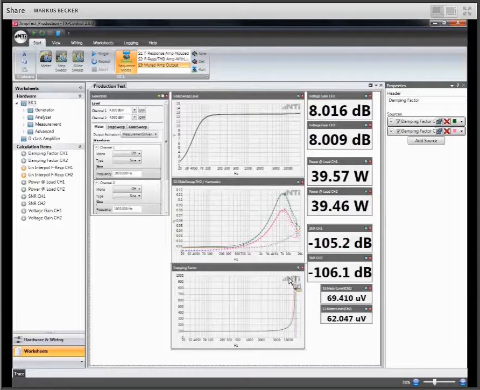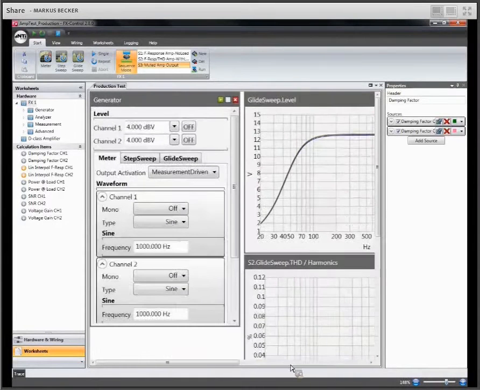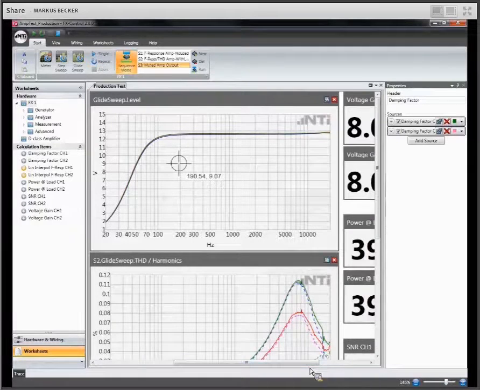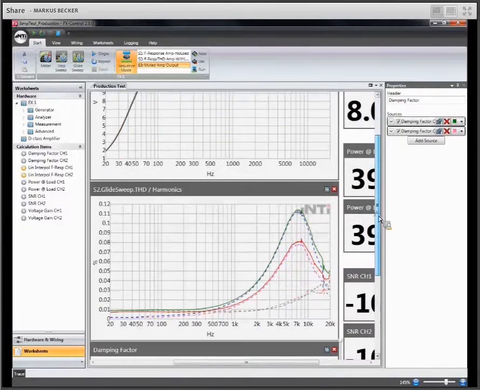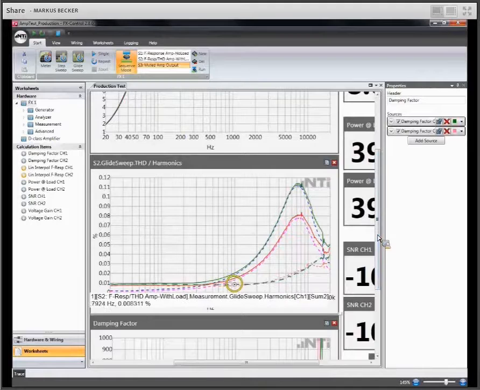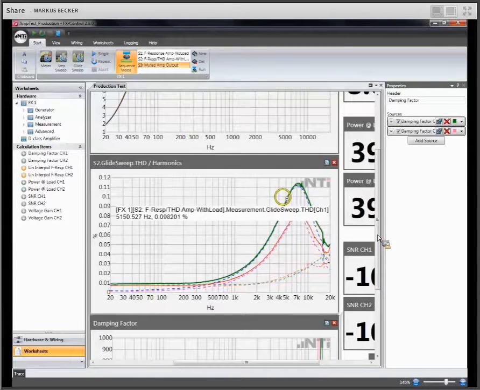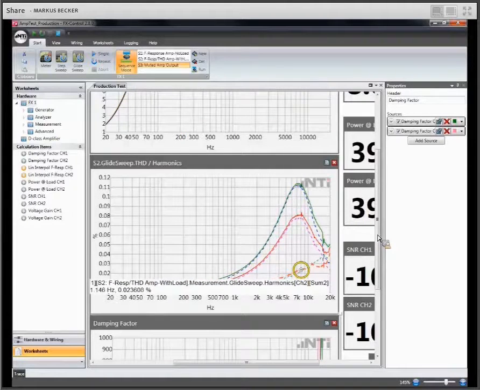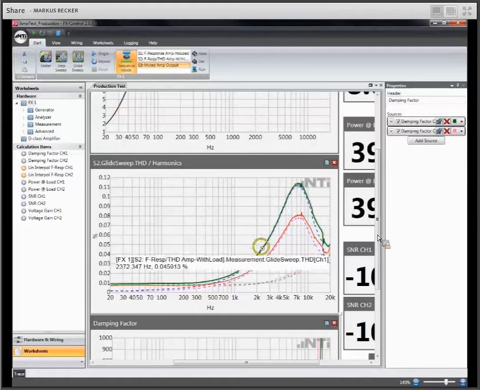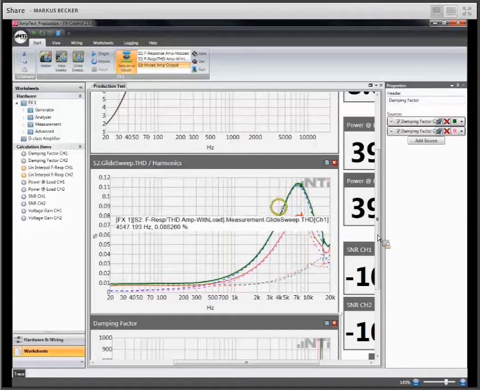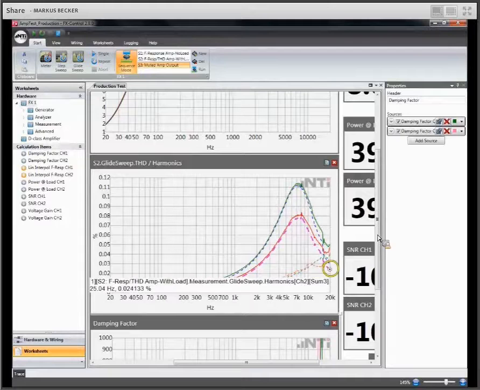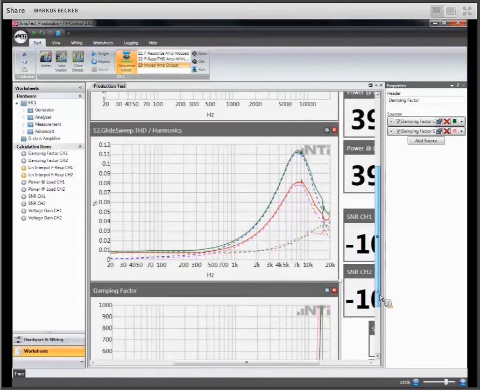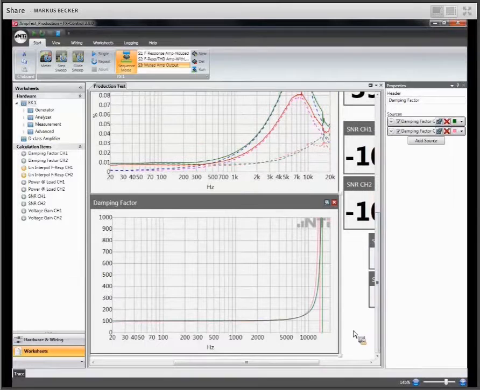I have added, just to go a little bit more into the details, you see the frequency response is pretty much the same with or without load. Here in the distortion plot, I have added 4 more curves, and these are actually the odd harmonics, just the odd harmonics, and down here the even harmonics of the two channels. And you can see immediately that the overall distortion is mainly given by the odd harmonics, whereas the even harmonics play a minor role for this overall THD result. And here we have the damping factor, which is a very good indicator for the output impedance of the amplifier.